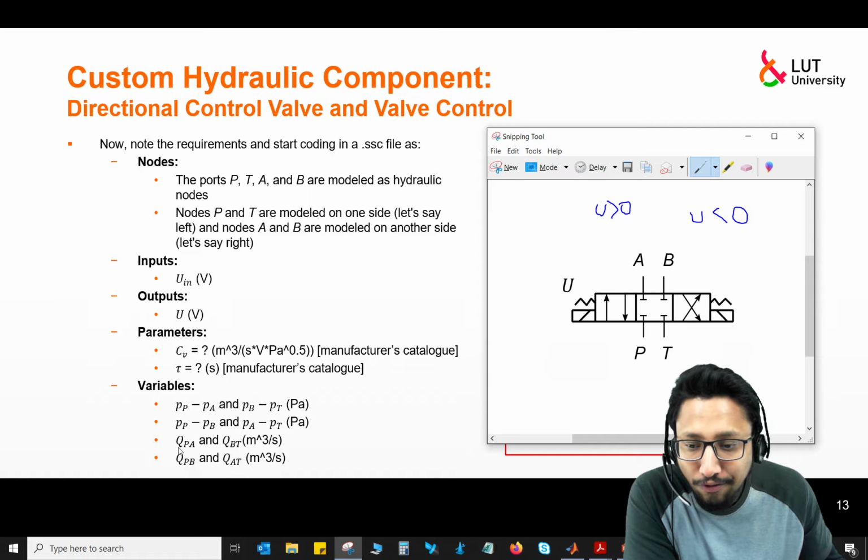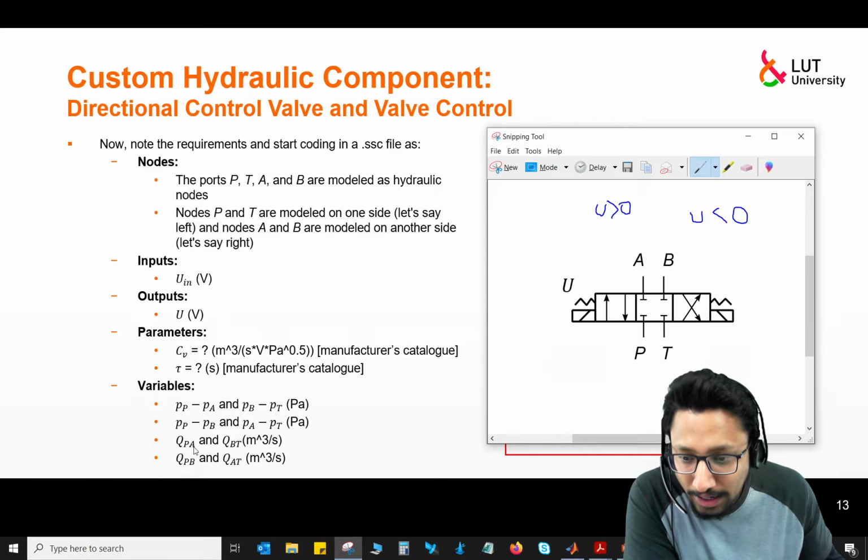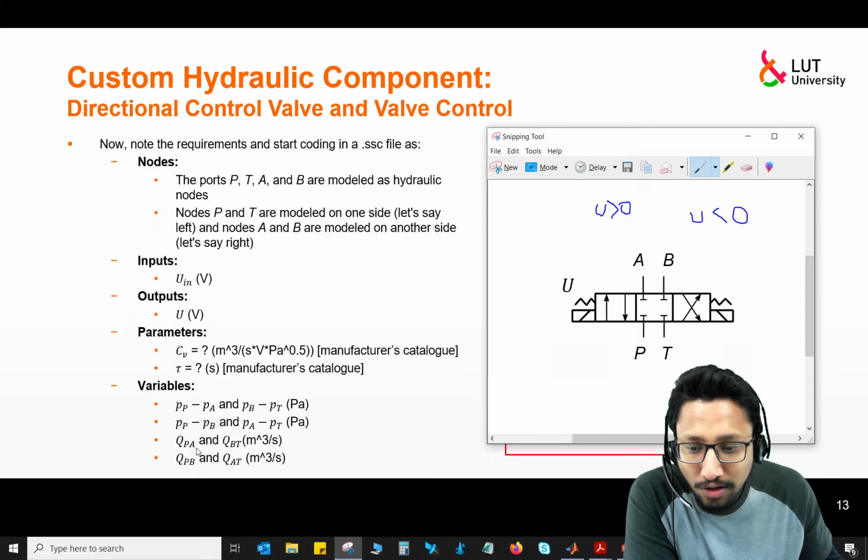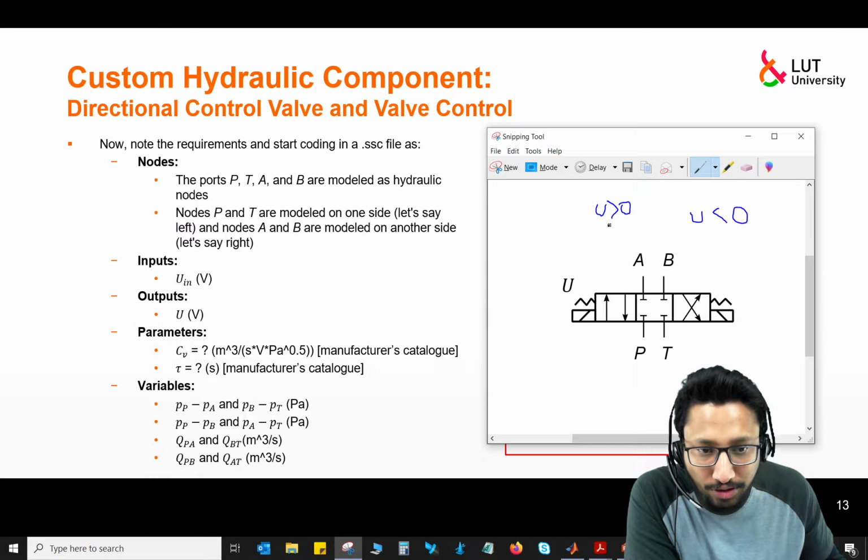So basically there will be a flow from port P to port A, and then another flow from port B to port T, which we call variable QBT. So this is when u is greater than 0.